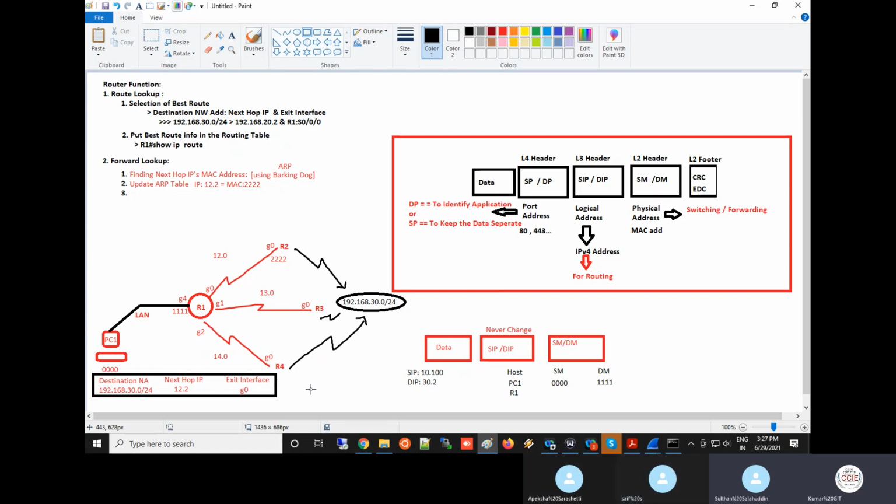Okay. Now what will you do next? You got this information, half is there. Next, what do you have to do? Step number 2 in the router. Route lookup is done. We got the best route information now, right? Router has 2 functions, no? Second function.